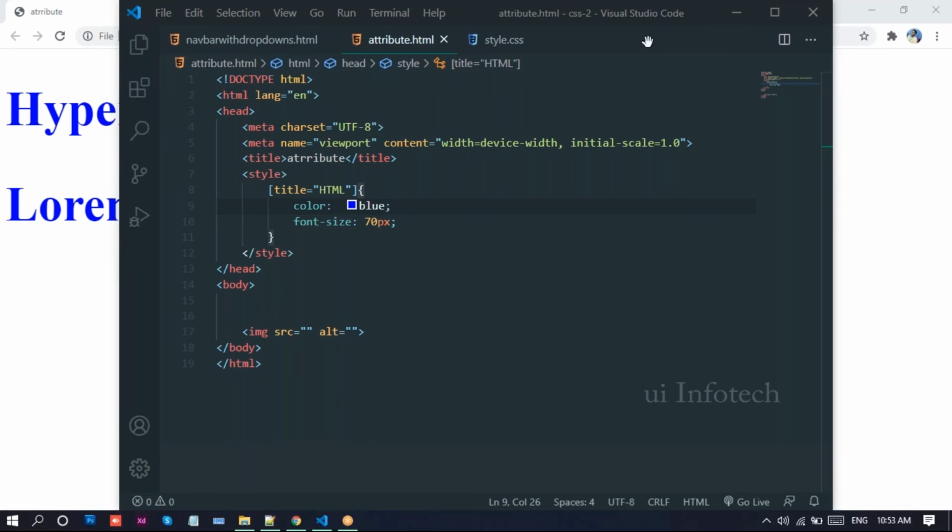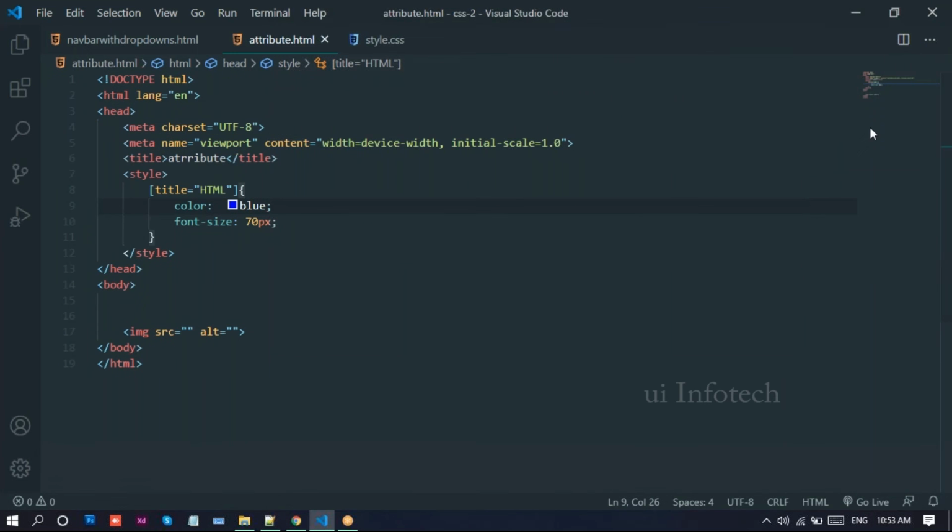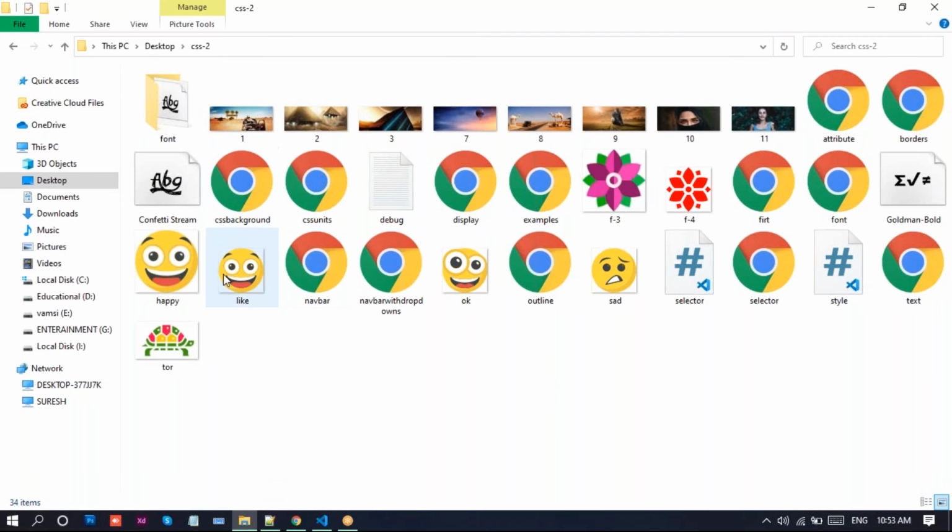Next we have, so we discussed about this tilde operator. So this tilde operator, I'll make it this one. See, I'll take this image tag.